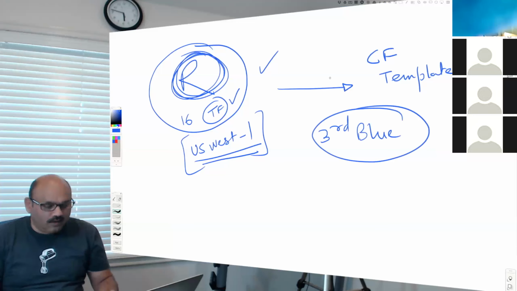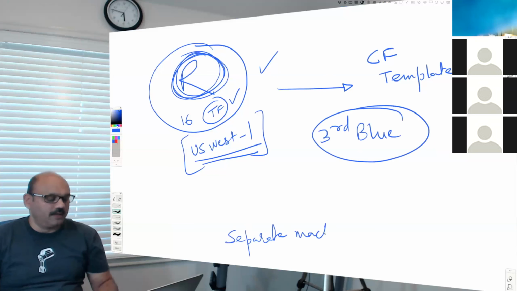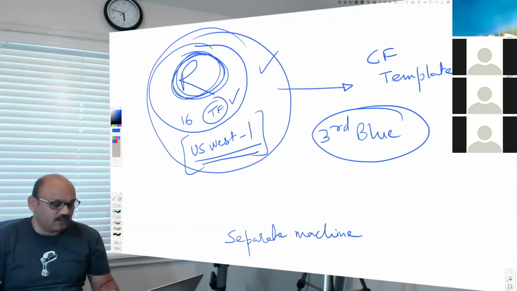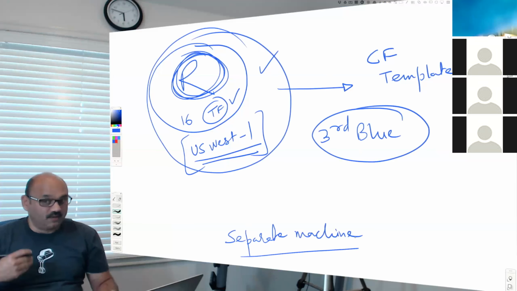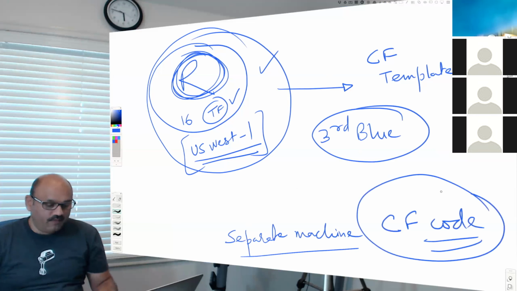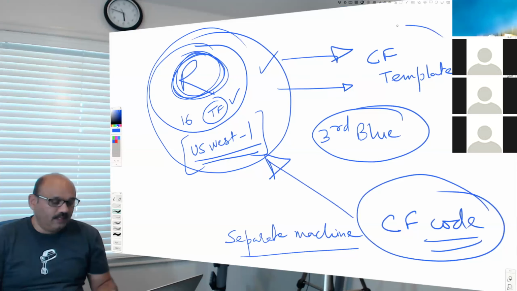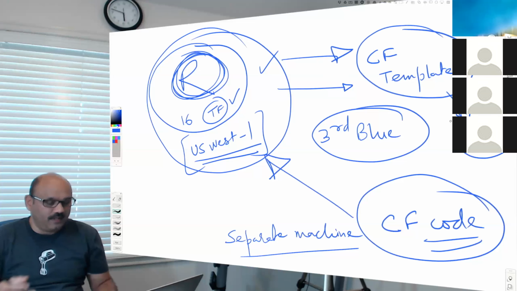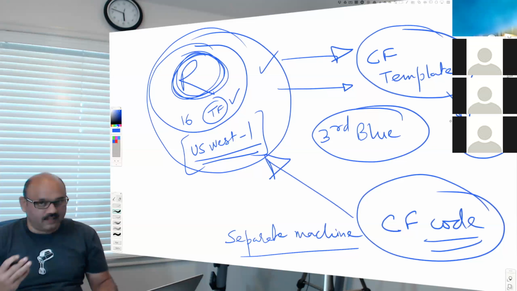Now, to accomplish this task, CloudFormation needs a separate machine. Separate machine different from these resources. And that separate machine needs to run in your cloud. And that machine will run some CloudFormation code. And that code, when it runs, will look at your resources and then prepare this. And then save this in your S3 bucket. Or give you a copy or something like that. It will just somehow provide you a template. The output will be given to you in some fashion.